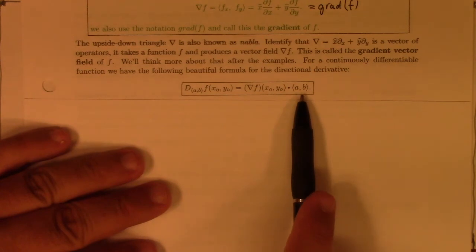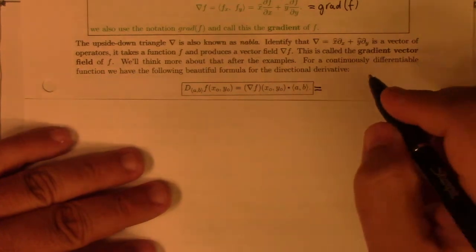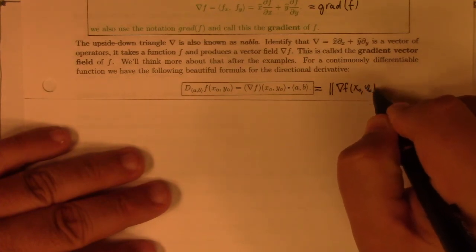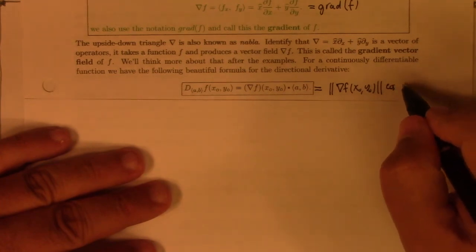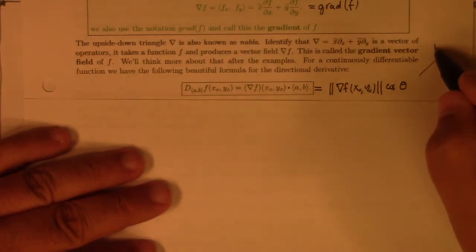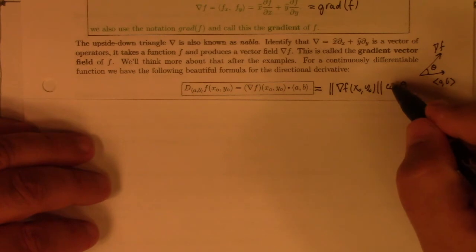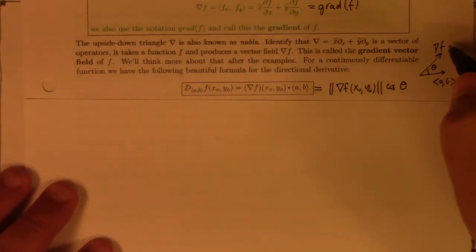If this is a unit vector, right, and that's a unit vector, then we could also use the formula for the dot product. This is the length of the gradient of f at the point times the cosine of the angle between them, right? Here I'm saying that the gradient vector points like this, and AB points like that, and here's theta. So once you make that leap, because we know dot products, and we know how they relate to the cosine of the angle between the vectors,